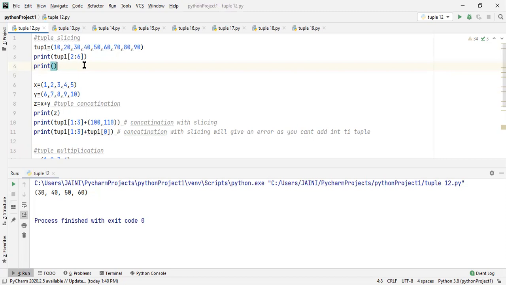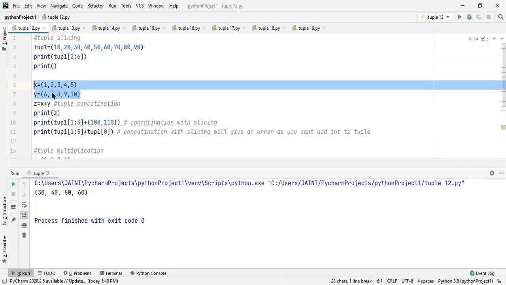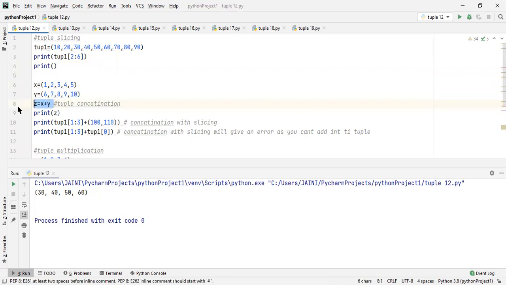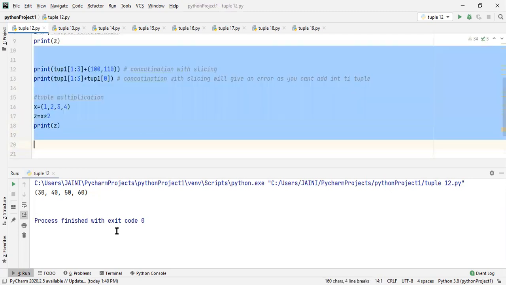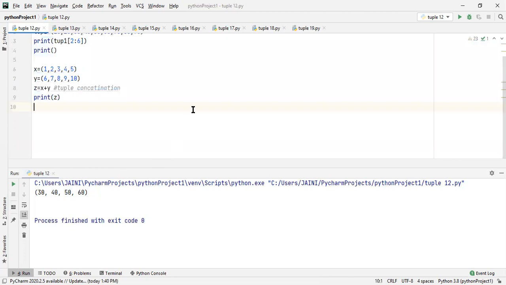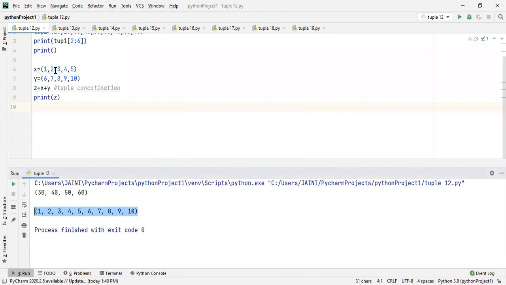So over here, I have two tuples x and y, and I'm joining them in another tuple called z by using my plus operator. See, I got 1, 2, 3, 4, 5, and then 6, 7, 8, 9, 10, all of it.